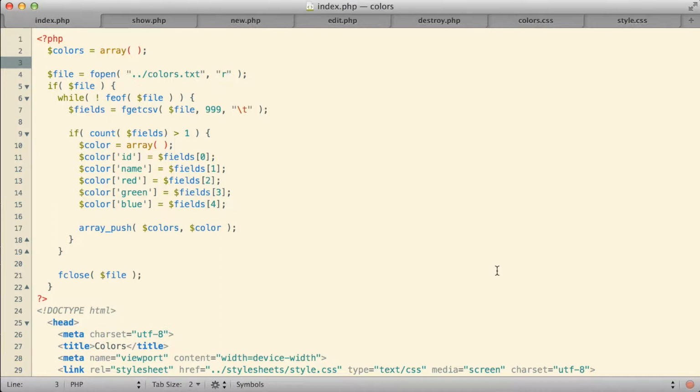What I'd like to start doing here on my index page for my colors example is not actually talking about colors, but let me begin by showing you a different way that we can get the data out of the file. The way I've been doing it in all the examples up to this point has been by using the fopen function. As far as I've mentioned in these videos up to this point, that is the way to open and read from a file. What I haven't mentioned to you, though, is that there are actually some other possibilities.